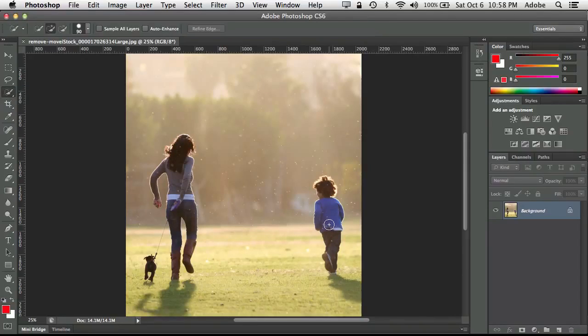Now Quick Select is, as the name implies, it allows me to make a quick selection. So I can go through and select him, but I'm also going to need to remove his shadow too, so that we would never know he was there. And just like that, quick selection identifies the pixels that are similar and makes a selection. But in order for me to do this effectively, I need to bring that selection out all the way around him a little more. So we're going to use a technique called Select,